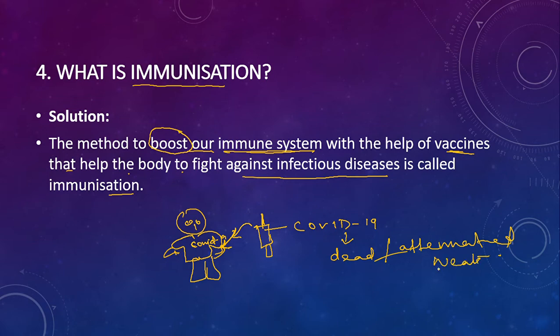Now what happens is when we are applying the dead or weak form of that pathogen, then our body will be starting to develop the antibodies. Okay, antibodies against that virus. Now when the virus is attacking the person, so what happened? The person immune system will be fighting